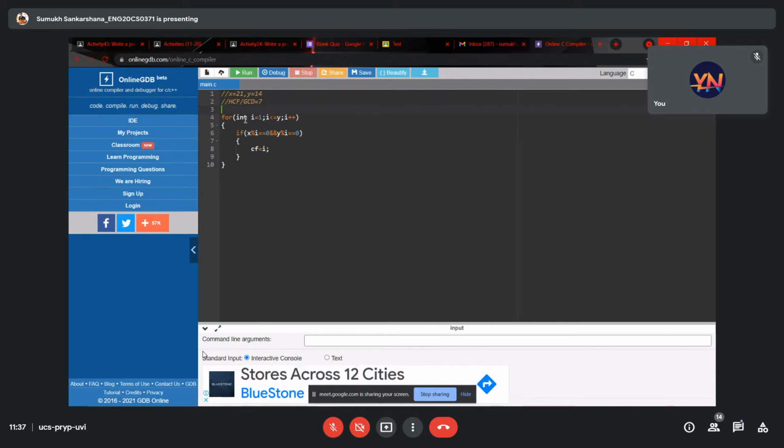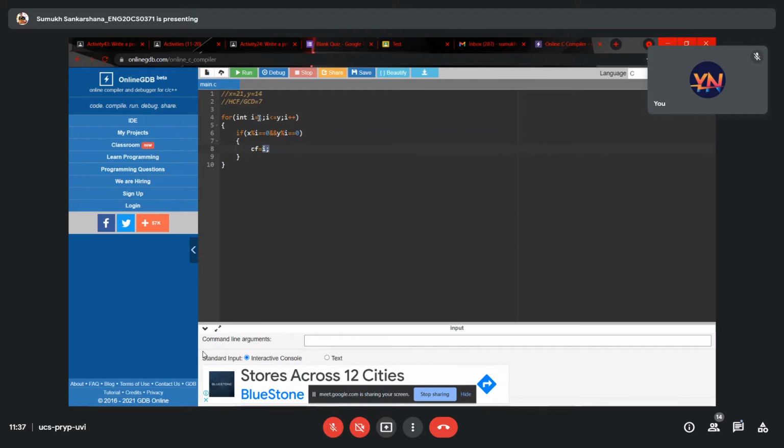So what this does is, in the first iteration, it will check whether 21 divided by 1 gives remainder 0. If this is yes, and you guys know the AND operator, right? Like the AND logic gate, if this is true and this is true, only then it's going to run the statement. So it will first check x divided by i, whether the remainder is 0, and next it will check y divided by i, with the remainder 0. If it's 0, then it will store the value of i inside the common factor.